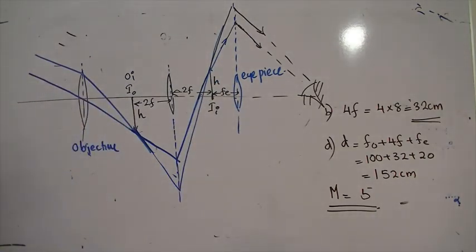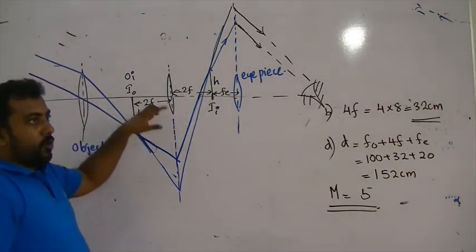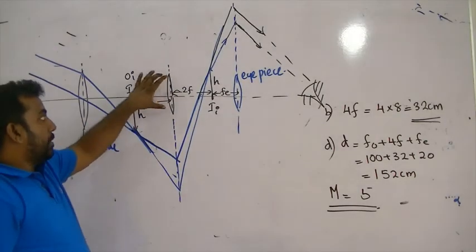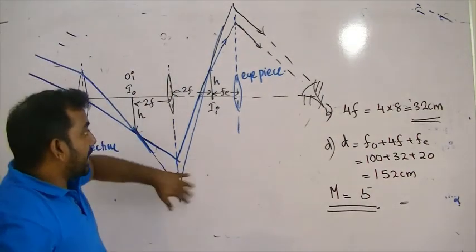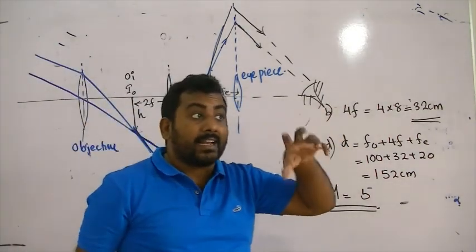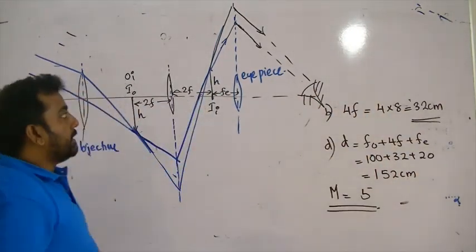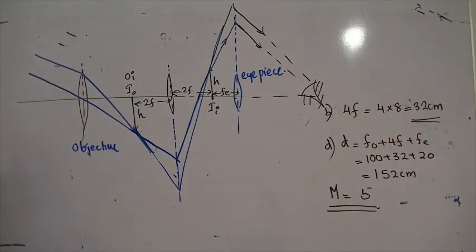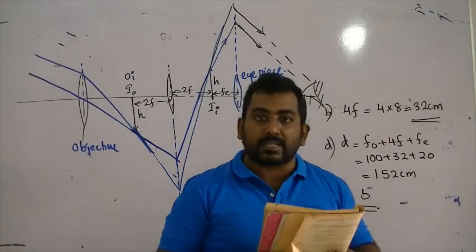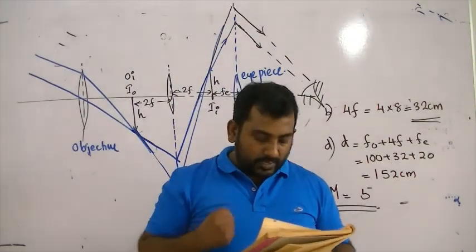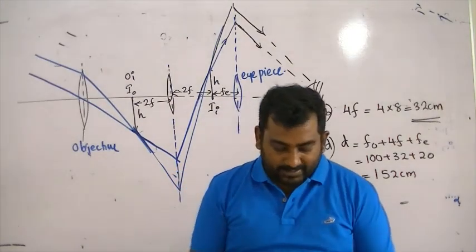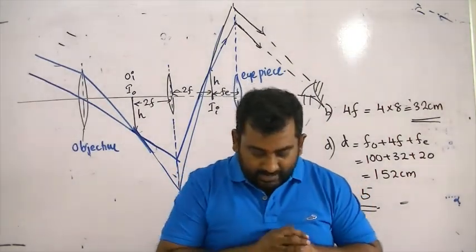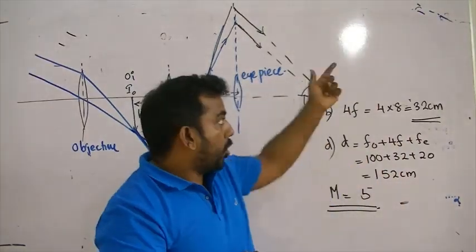So the difference between the normal telescope and this telescope is that by putting an intermediate lens, I am making the final image upright. Even though sometimes people neglect this particular question, you can actually do it. It is a very good question which teaches you a very important basic concept. This concludes 1995 question 5 part B, optical instruments question.